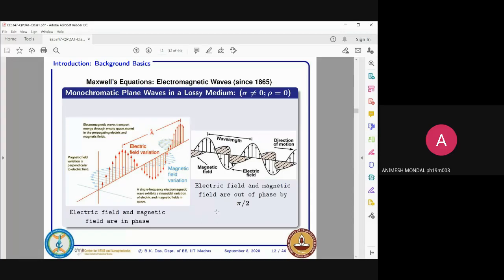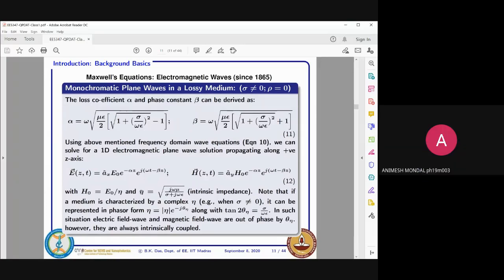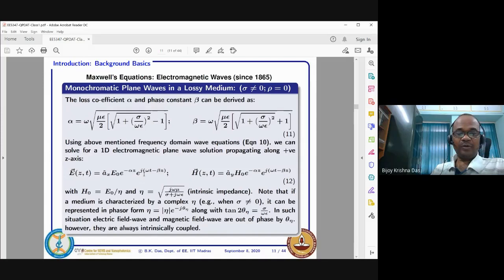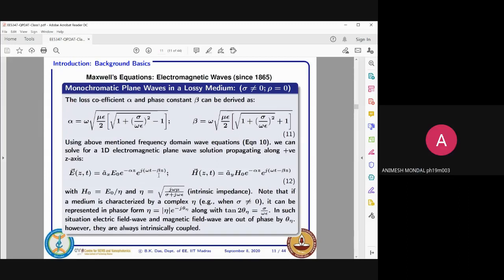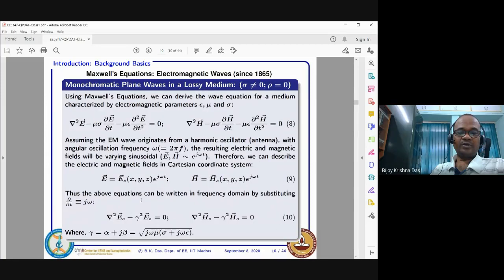Sir, there will be a minus j in front of alpha, right? Yeah. So if we put the gamma here, beta will be the lossy part, because in front of beta you have j. And there is another j in front of gamma. No, it is beta, that real term is there. That j beta term is coming together. That is how it is, j is a factor. Beta is real. But sir, in gamma we have alpha plus j beta. Alpha plus j beta, right. But here we are writing only beta.